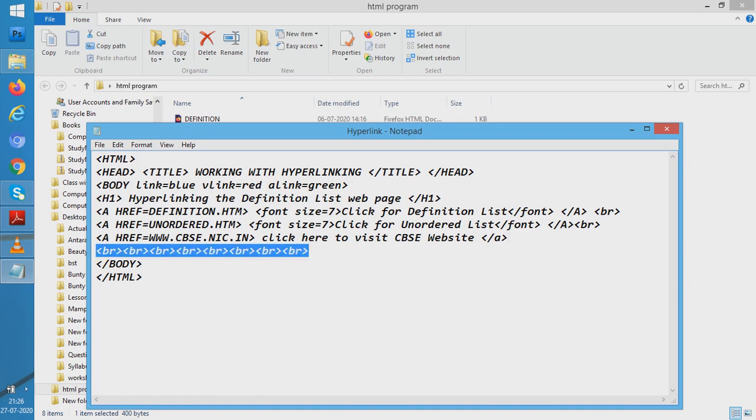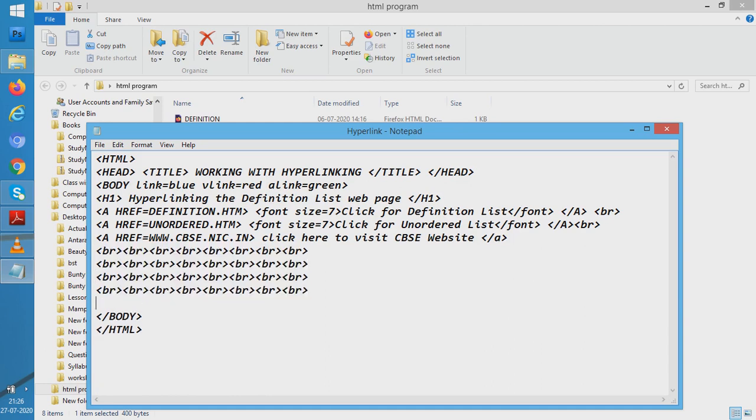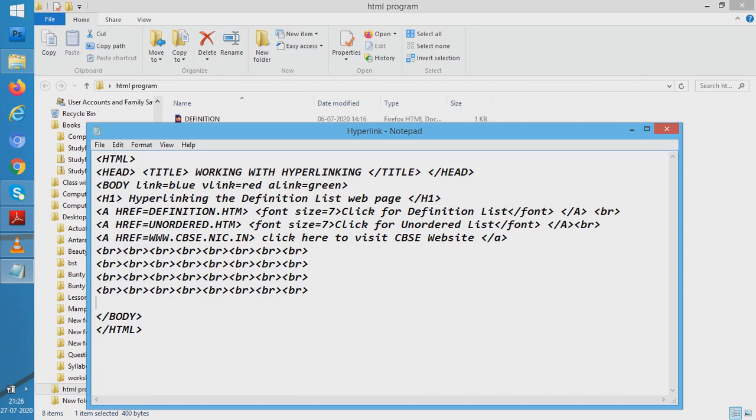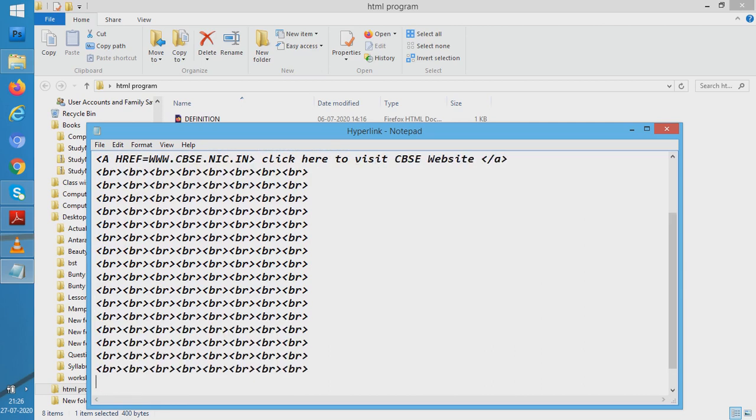So a lot of BR. Control C, again and again. Now a lot of lines are there.